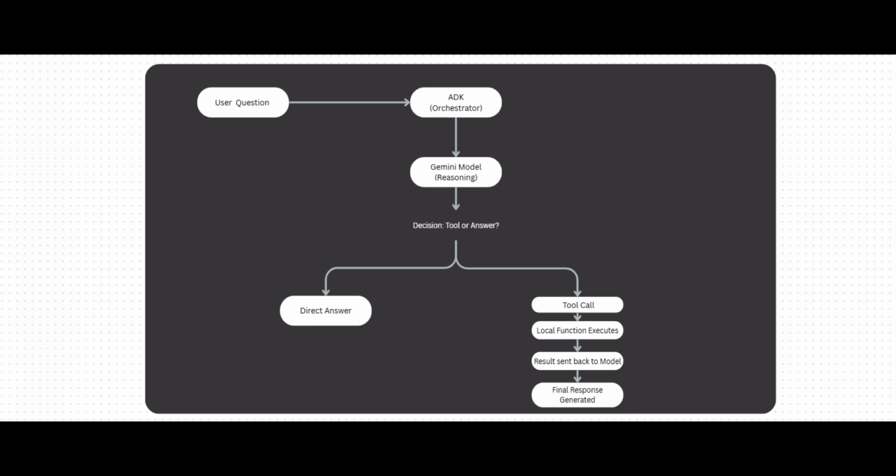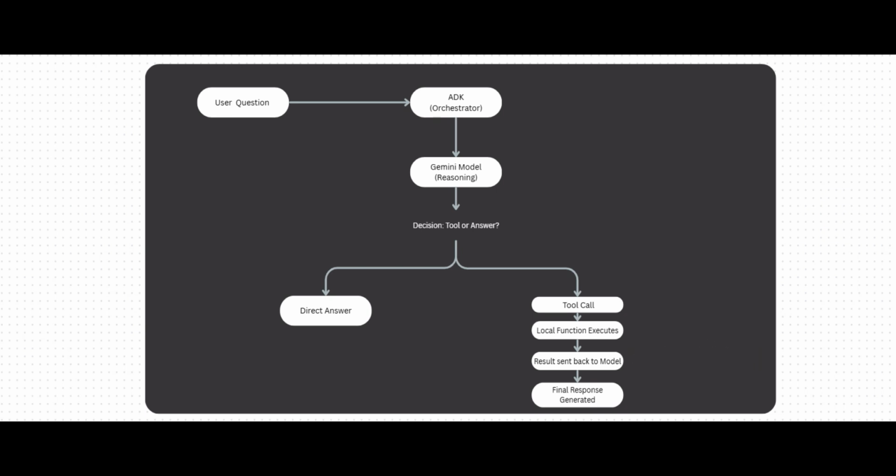Now the agent comes into action. The agent receives the tool call instructions from the model. Then it identifies the correct tool and executes the corresponding local function. If you're following this series, in the previous chapter we created a function to fetch the current time of a city. So in this case, the tool is called, the local function executes, and the function returns the result,